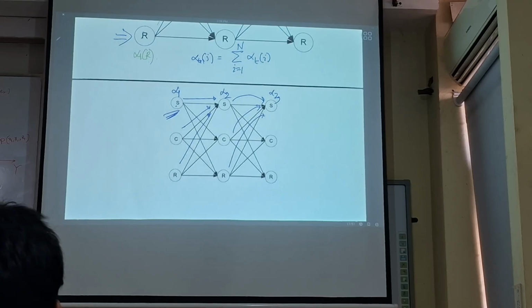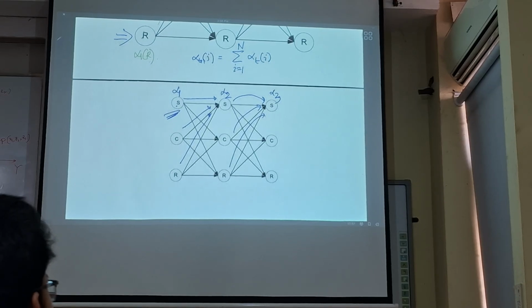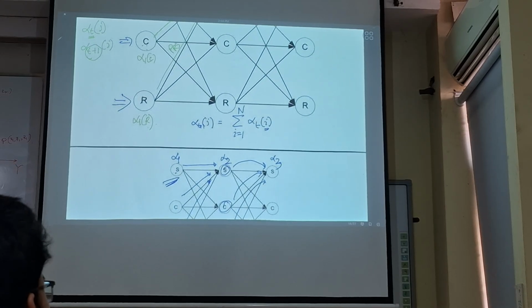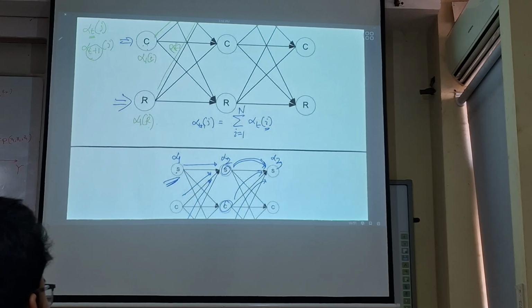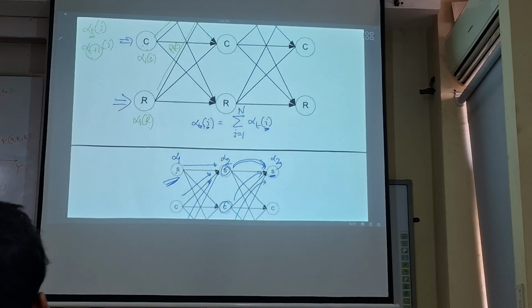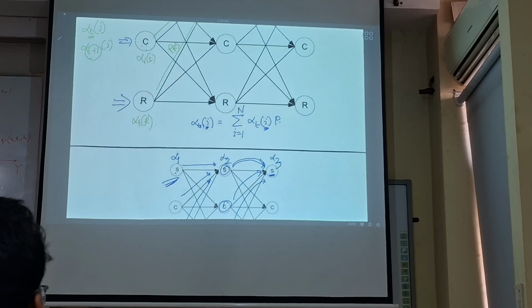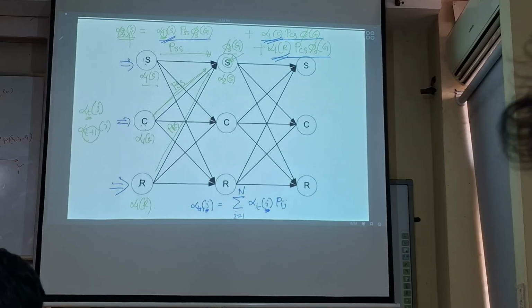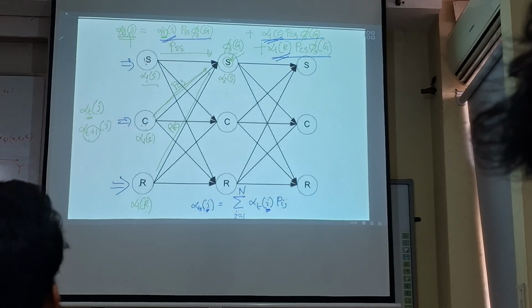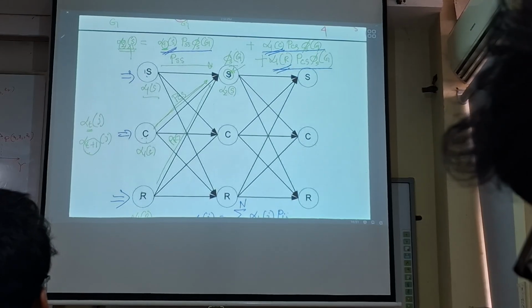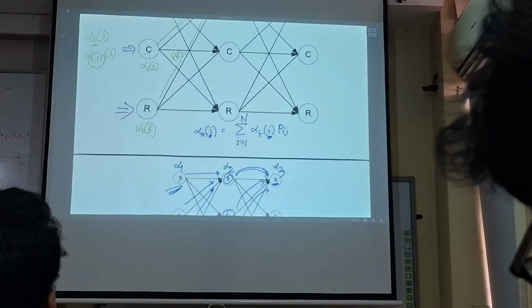So, if it is alpha 2, then we need to know alpha 2 of which state, this one or this one. And then there should be a transition from I to the next state. The next state is what? J. If the current state is I, next state will be J. So there will be a transition from I to J. For example, here we have S to S, C to S, R to S. Okay? And then, in the final state, here or here, whatever you consider, there will be an